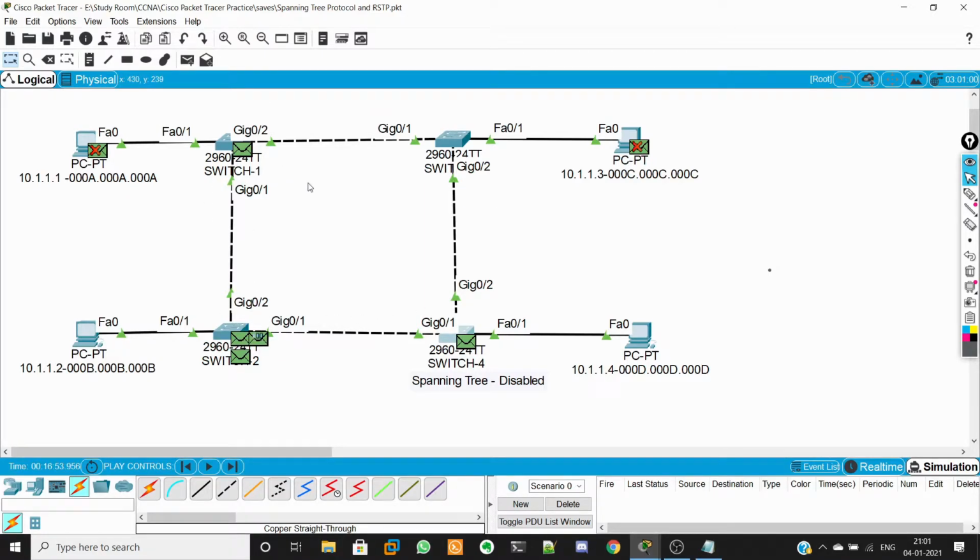So it cannot be done manually. It needs to happen automatically. So this is where the spanning tree protocol comes in. With the spanning tree protocol, we are able to prevent this particular looping. So it is like a tree. From tree root to branch, there won't be any loops. It's a single path. That's why they kept the name spanning tree protocol.